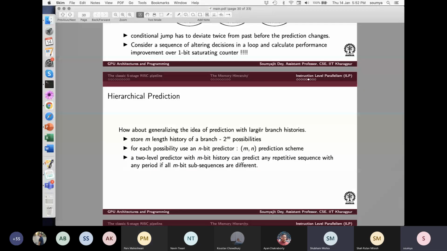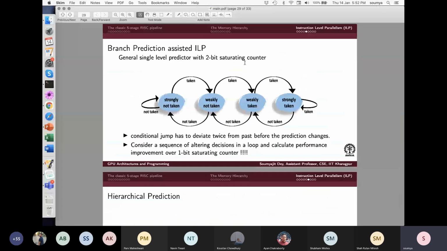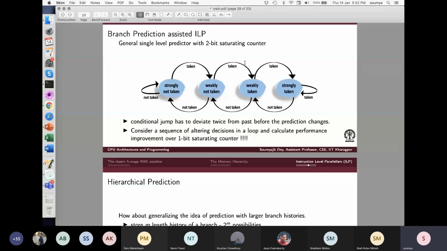Now, see, this is more like a generalization of branch prediction. So, what do I do in a simple predictor? A simple predictor does it as simply as this: suppose I'm executing code in a loop, and for the last branch decision I faced, I predicted that yes, you take it. Now, if I have gone wrong, then I am talking about a 1-bit branch predictor. This is a picture of a 2-bit branch predictor.